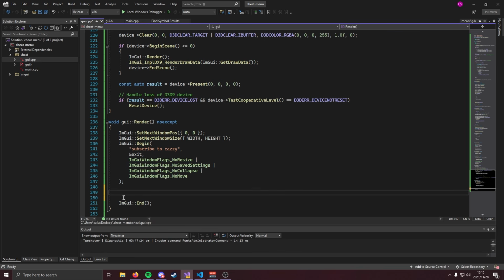I'm then going to go ahead and add an example ImGui button over here. We can do that like so. We're going to use ImGui button. We're going to pass in the name, which is going to be subscribe, and this is going to show a button in our menu,